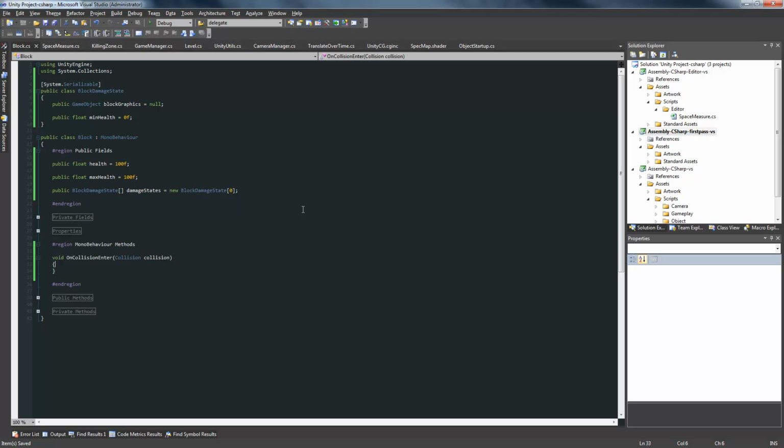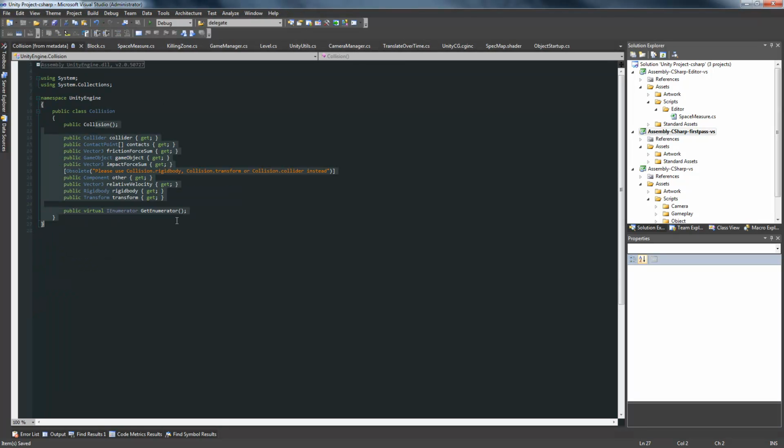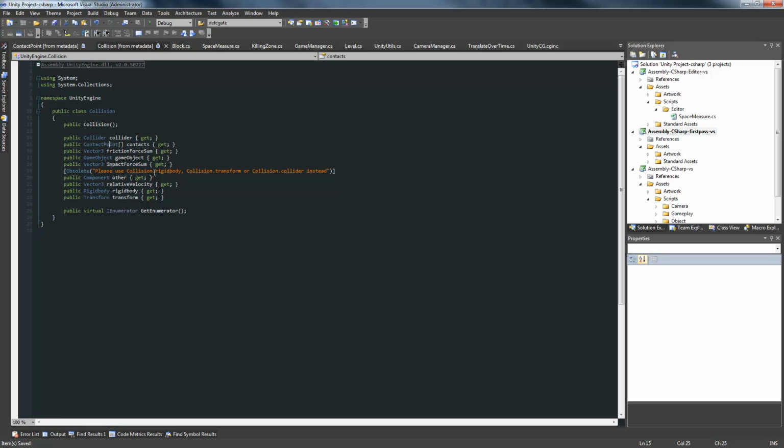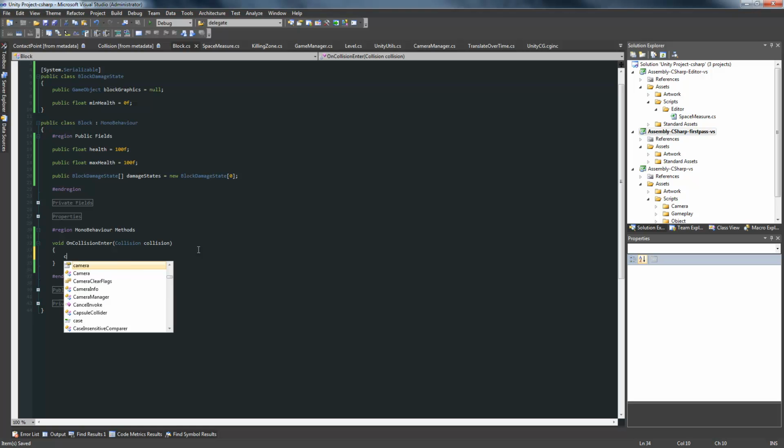Alright, so on collision enter, collision. So this collision class here gives us a bunch of information about the collision that's occurred, so we can get information about the relative velocity, impact force sum, which you can get the contact points, and that has information about the normal of the contact point. Bunch of useful stuff. Good for, if something like normal, good for making maybe decals and things like that. Alright, so what we want to do is get